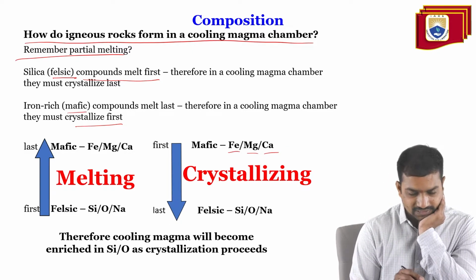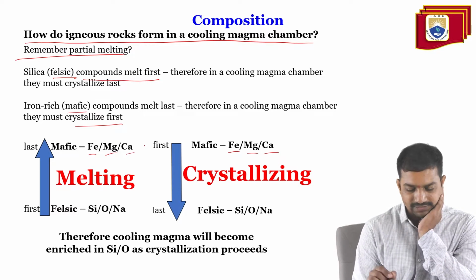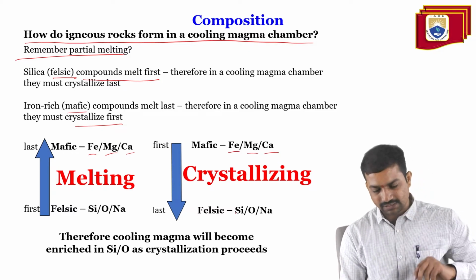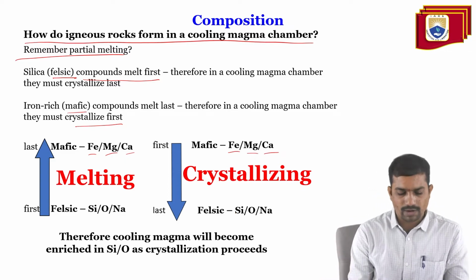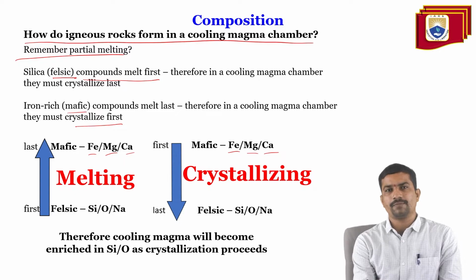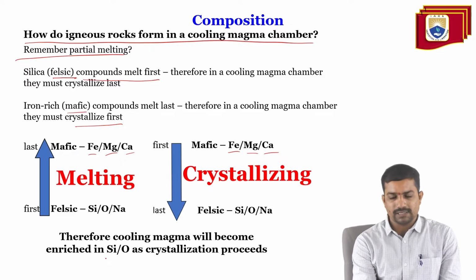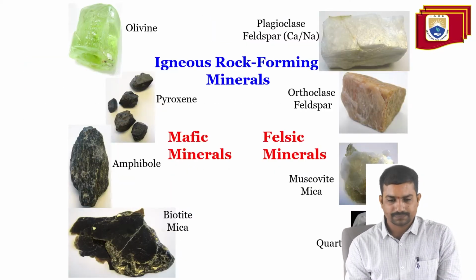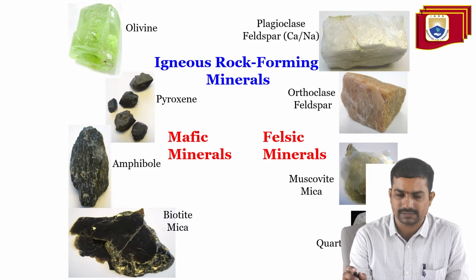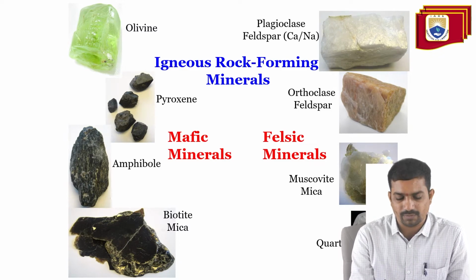And in the mafic type of structure we can see the melting point of Fe, Mg and Ca, and the crystallization is taken by the felsic type of structure, which is Si, O and Na. So therefore the cooling magma will become enriched in silica. Crystallization proceeds. So these are the various types of igneous rock forming minerals: olivine, pyroxene, amphibole, biotite,